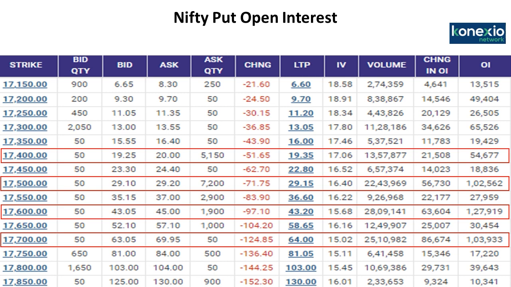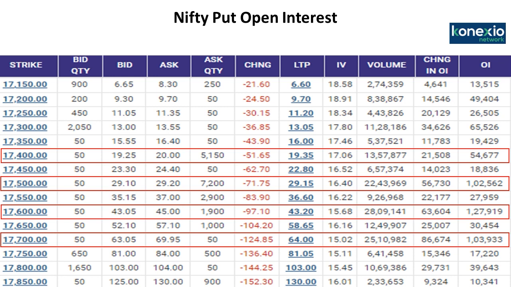But the most important thing which I would like to emphasize is that there has been a significant drop in Nifty put premium. Now this drop in the Nifty out of the money puts is clearly indicating that the smart money has already started writing out of the money puts, which will propel Nifty from these levels towards the upside, or towards the level of 18,000, and if it sustains then 18,200 mark. So definitely looking at the derivative data of Nifty, we feel that any dips should be used as a buying opportunity from the current levels.